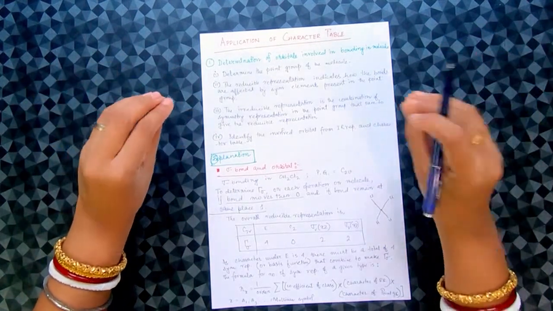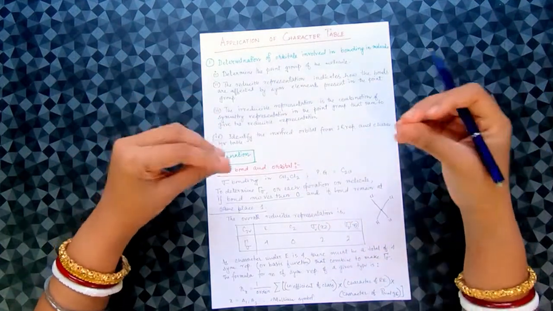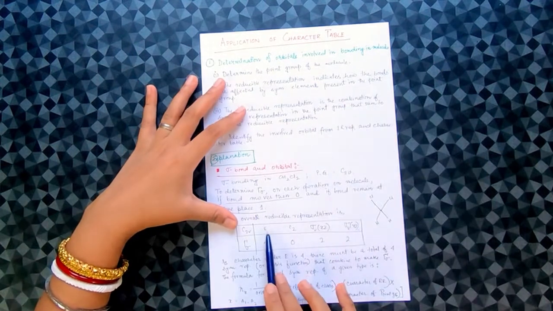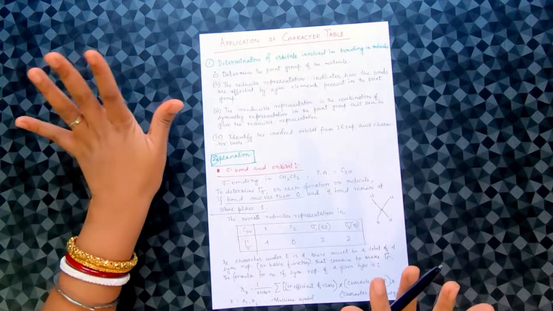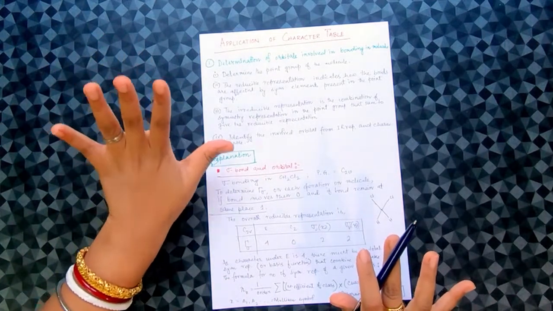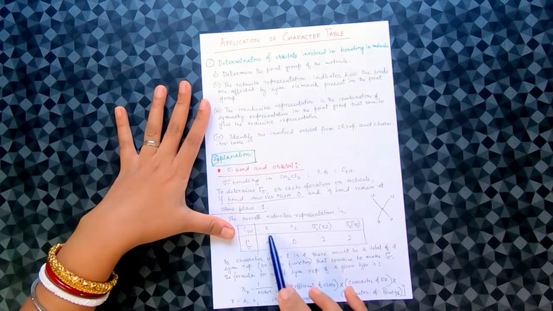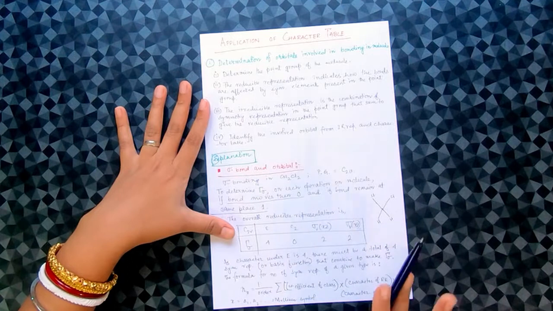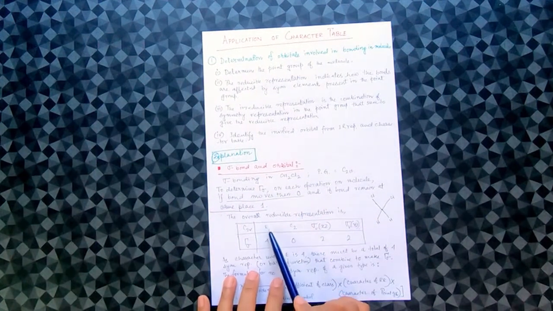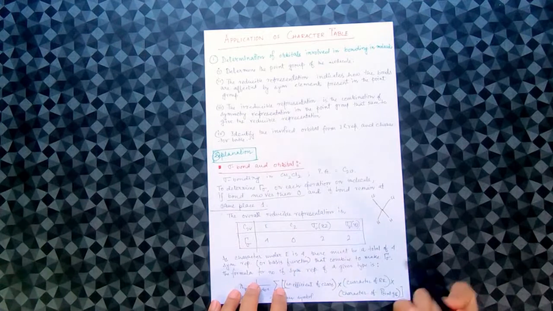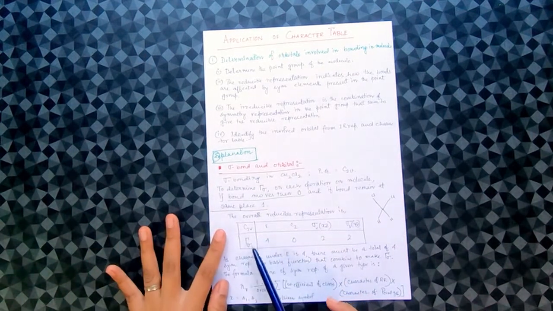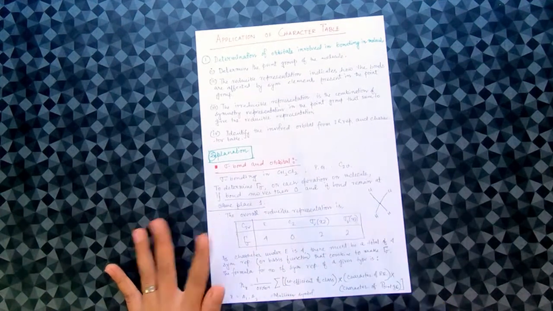Now, if I apply all these symmetry elements, how are they going to change the molecular structure? If I apply the identity operation, what happens? No change is going to happen. If there is no change in the system, then we have to write the number of unshifted sigma bonds. So when we apply the identity element, as there is no change, the number of unshifted sigma bonds is 4, because four sigma bonds are present.